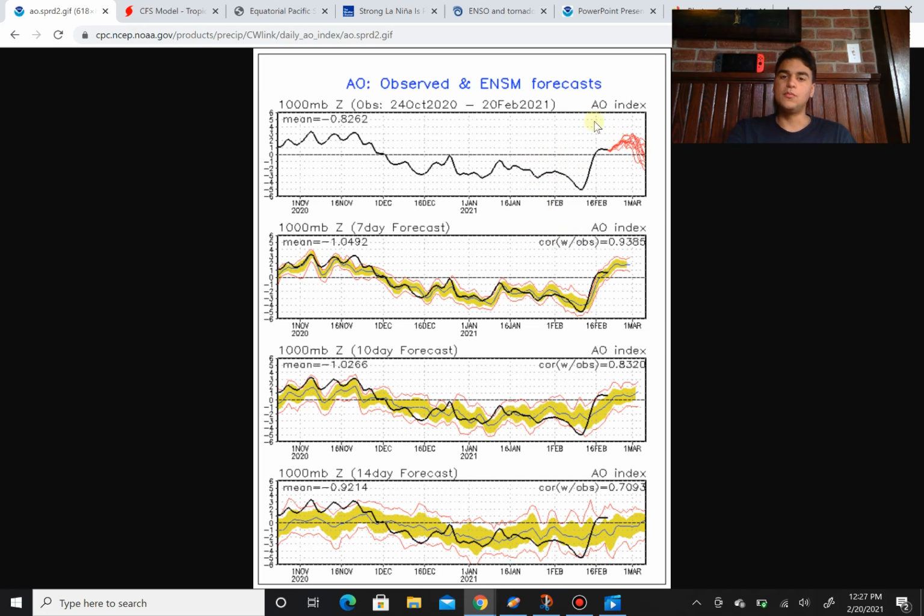But since we're going to be in a positive Arctic oscillation, that does increase the chance that we're going to see warmer than average weather conditions for at least early spring. And then we might drop back down to a negative Arctic oscillation, which could cool things down again. However, I think for the first few months of spring, you should expect warmer than average temperatures, with the Arctic oscillation being positive. And what this also means, when the Arctic oscillation is positive, is that we're less likely to